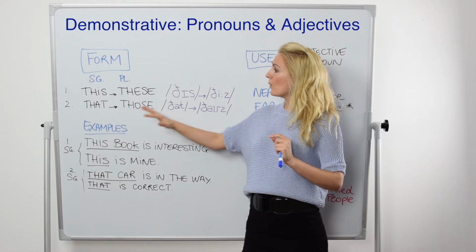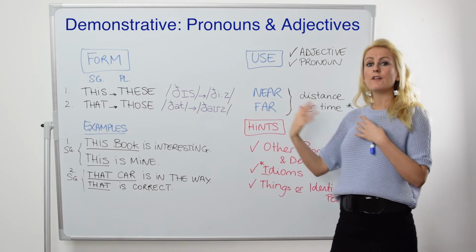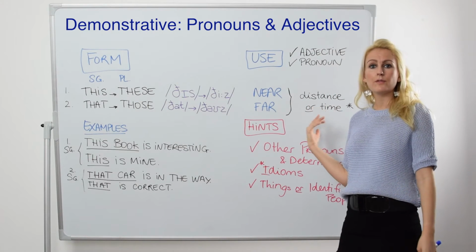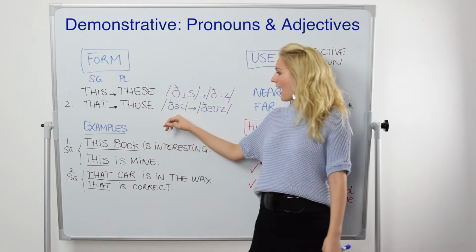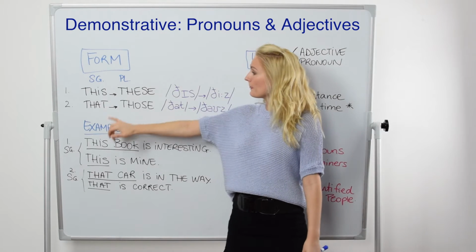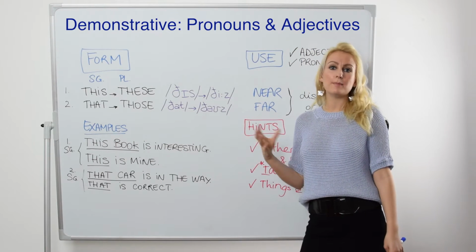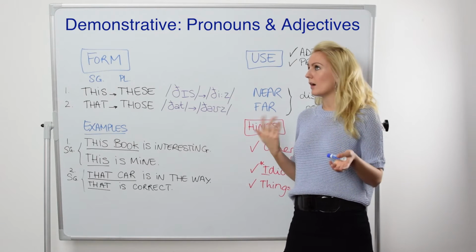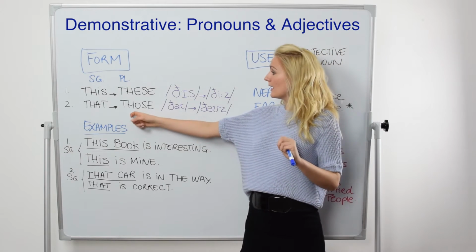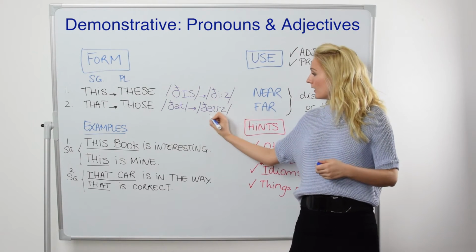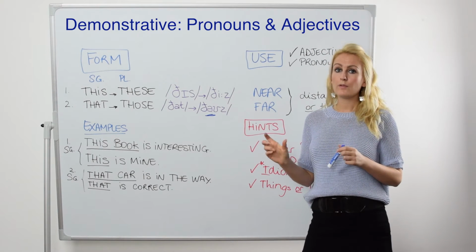Now let's look at what pronoun or adjective we would be using when referring to something that is far. Far in distance or far in time. That, a nice short a. That. And the plural, we would have what we call a diphthong. So it has two pronunciations. I don't have any particular preference, so let's go for diphthong today. So here, what does a diphthong mean? It means that we need to combine two vowels for one syllable.